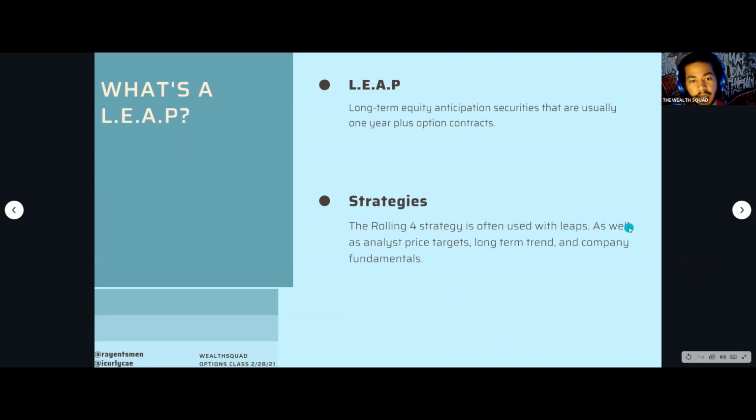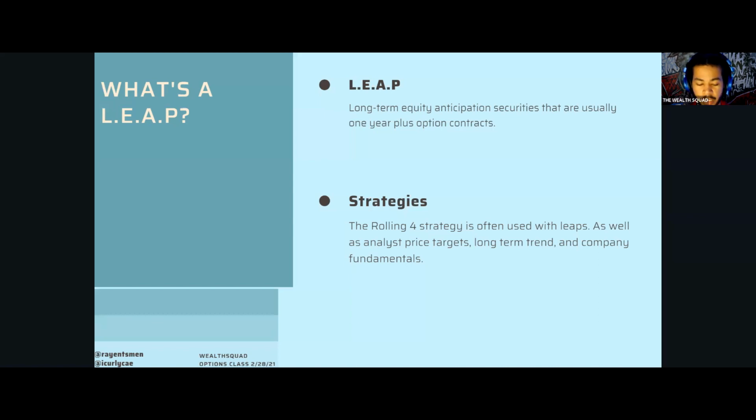What's a LEAP? A LEAP is a Long-term Equity Anticipation Security, which is usually a one-year-plus option contract. So a LEAP is usually like a one-year-out option contract. And often the strategy used with it, as far as the one I use and what I've heard, is that most people use the rolling forward strategy with LEAPs, as well as analyst